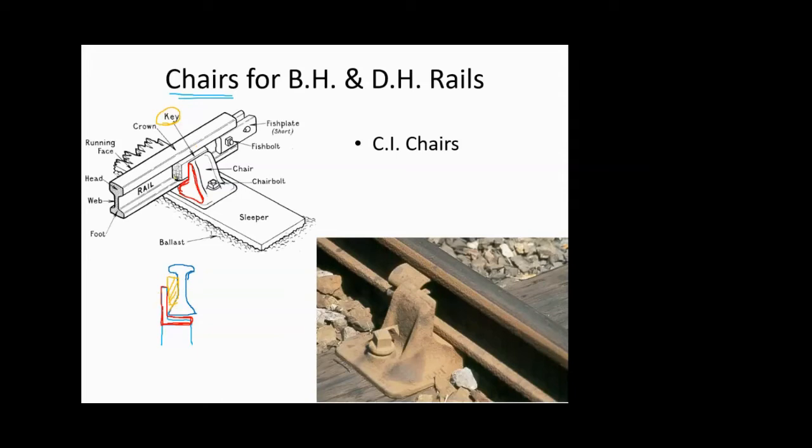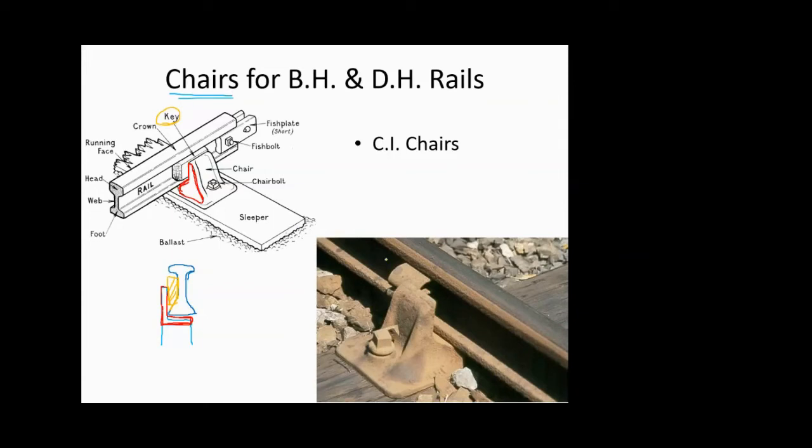Then you can just place it. Now if you see here, there is no connection between that key and this chair, as we had in the fish plate. So there is no through screw. What this means is that the size of this key should exactly match the size of the groove available. So it is inserted with a hammering action. It's an exact size, and over a period of time, due to wear and tear, it may become loose. Then you need to change it or maintain it properly.